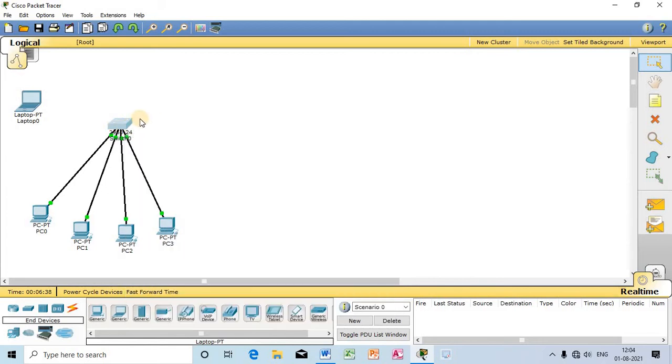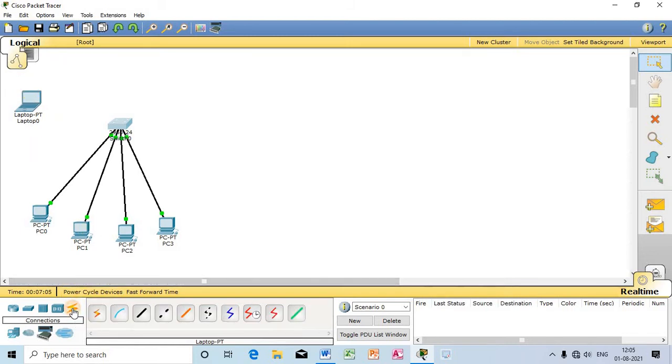So I will access the laptop through the screen of this switch. I will access this particular switch through the screen of this switch. So I will access the hardware interface of these computers, and I will configure this switch. I will access the interface of this switch through the screen of this particular laptop. So I will take a wire to connect those.